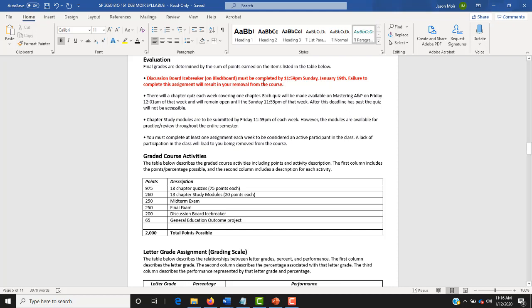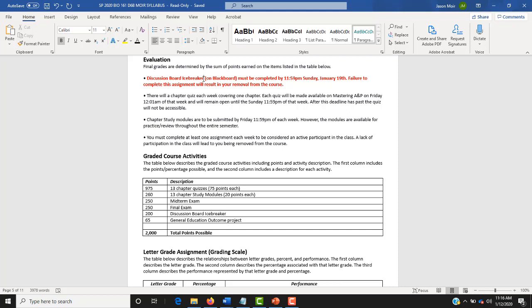And all this is like all icebreakers, it's an introduction of you to the rest of the class and to me. And I'll show you where that is when we get to the Blackboard layout. So it doesn't have to be anything terribly long, just 2 or 3 sentences about you, why you're taking the class, any concerns you may have about the class. But again, this has to be submitted between when the class starts on Monday the 13th and is due before